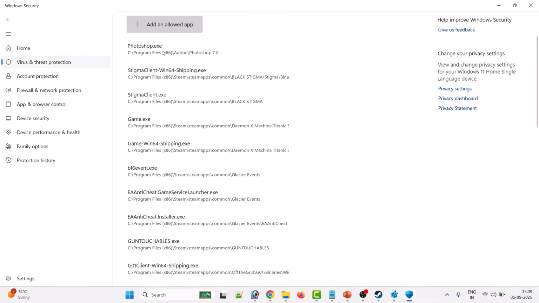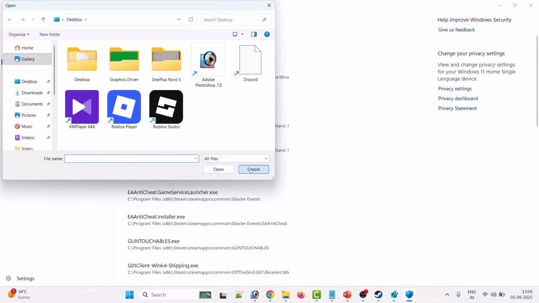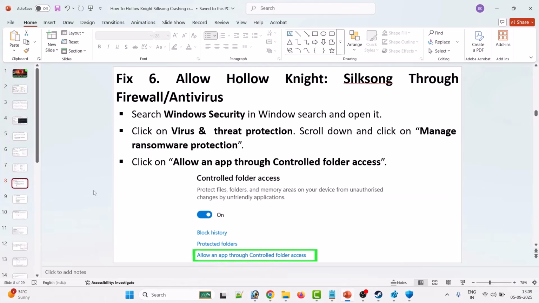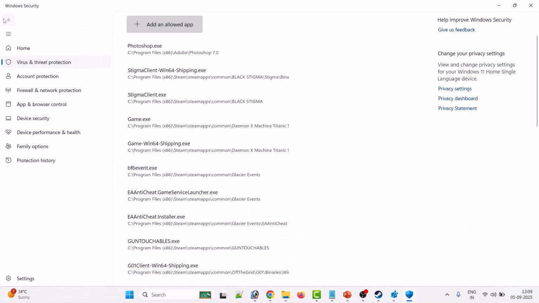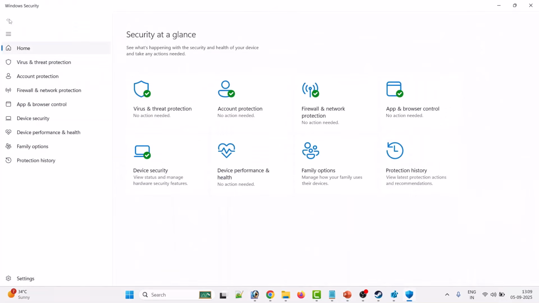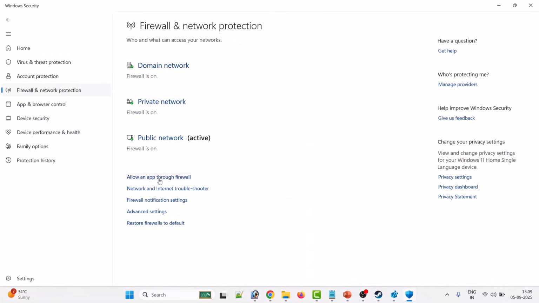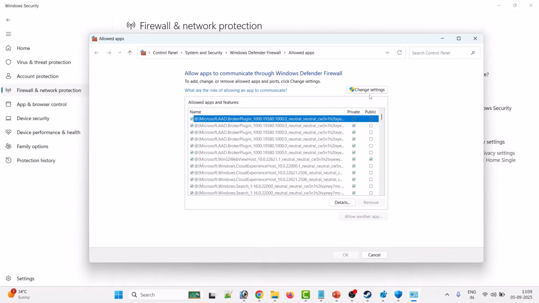Then click on Browse all apps and then browse to the game installation folder. Browse to C drive, Program Files x86, Steam folder, steamapps folder, common folder, open Hollow Knight Silksong folder and then here select Hollow Knight Silksong exe file and click open to add it to the list. Now go back, then click on Firewall and Network Protection, then click on Allow an app through Firewall, then click on Change settings,